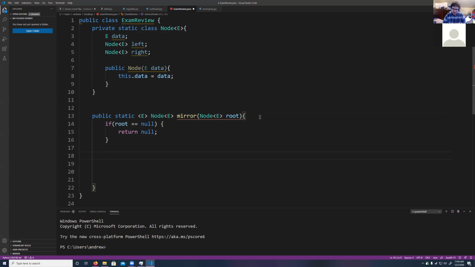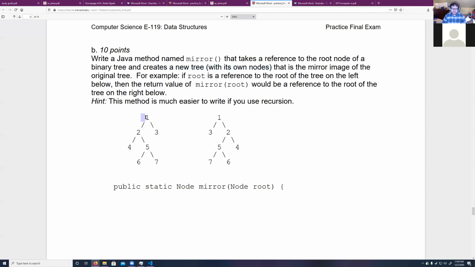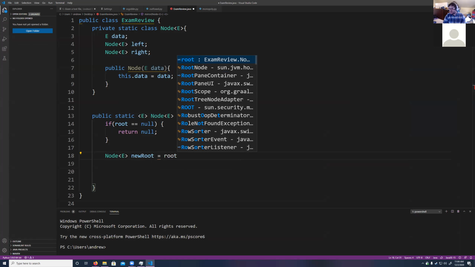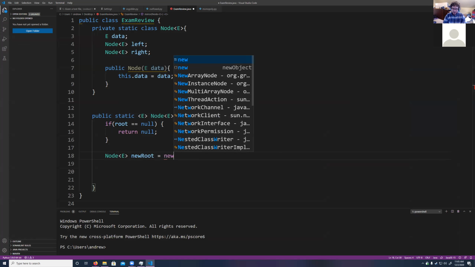Well, how do we flip this thing? If I'm not null, then I'm going to flip my children. So 3 and 2 becomes 2 and 3. But I have to do it for a new node. So Node<E> newRoot is equal to, and we're not going to say root, because that would make any changes we made to root or newRoot occur on the other node. It would be aliasing them. So instead we do have to make new nodes